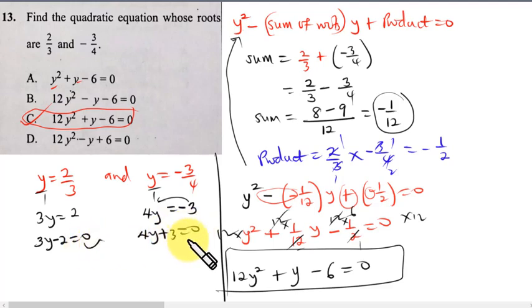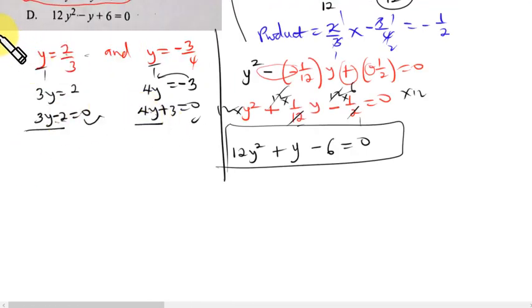So equals 0. These are the factors of the equation. So I'll bring the factors together. 3y minus 2 as 1, then 4y plus 3 as 1, all equals 0. All right,